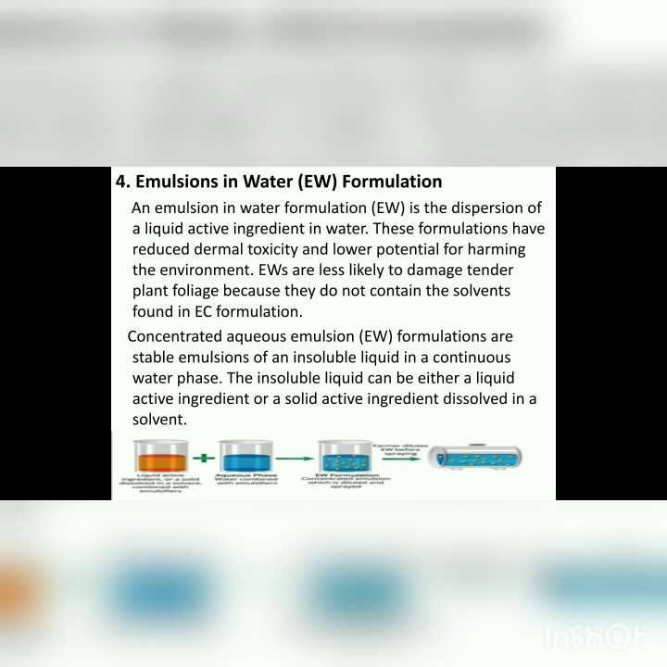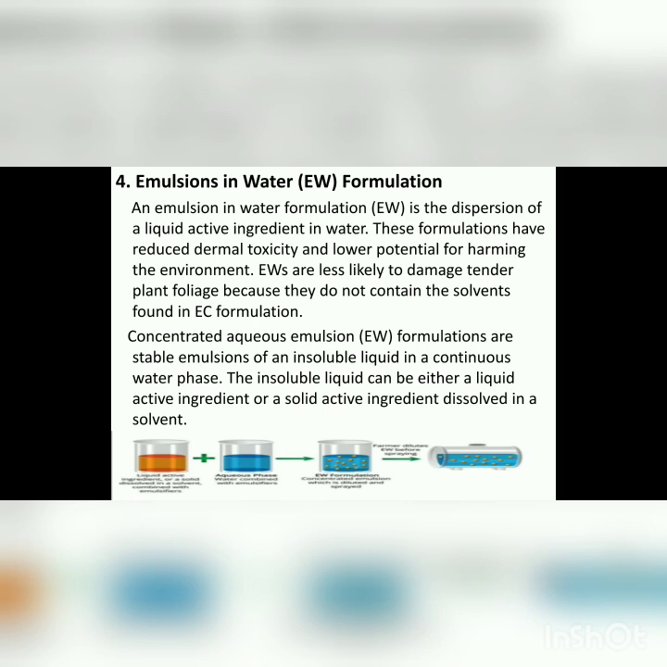Then fourth one, emulsions in water formulation. It is the dispersion of a liquid active ingredient in water. They have reduced dermal toxicity and lower potential for harming the environment. Then they are less likely to damage tender plant foliage because they do not contain the solvent found in EC